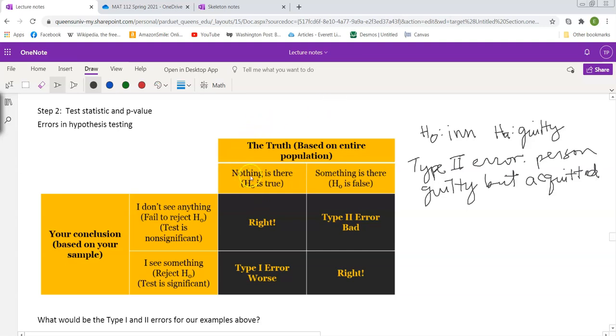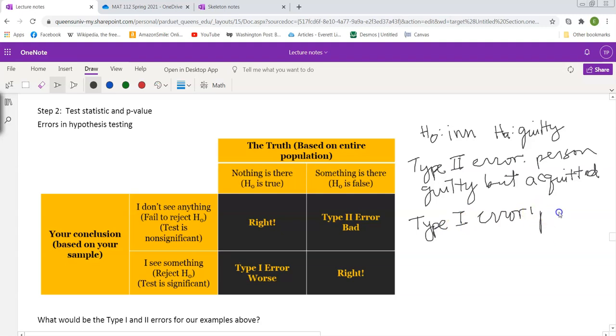Now, assuming that H0 is true, though, we hope that we would fail to reject H0, and that would be a correct conclusion. If H0 is true, but we reject H0, that's called a type 1 error. And we consider a type 1 error is bad, but a type 2 error is worse, or a type 1 error is worse. So a type 1 error, in this case, would be